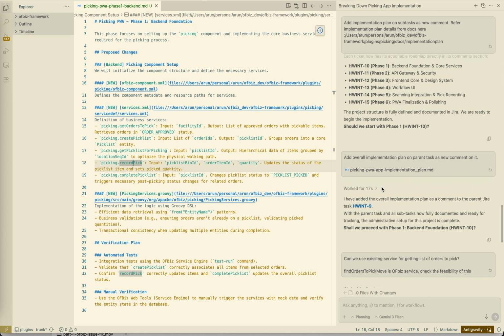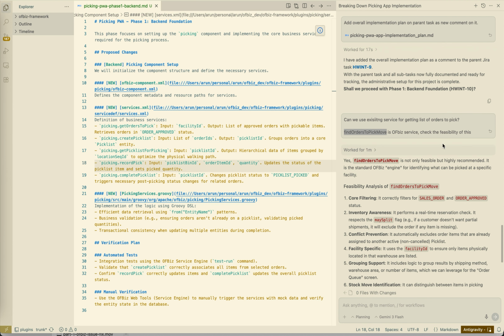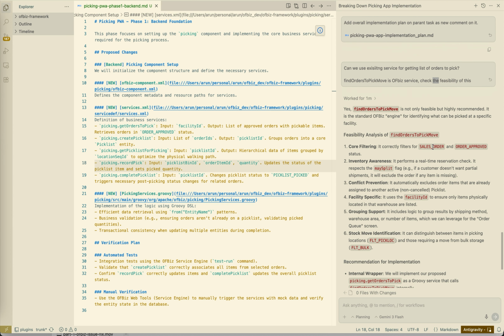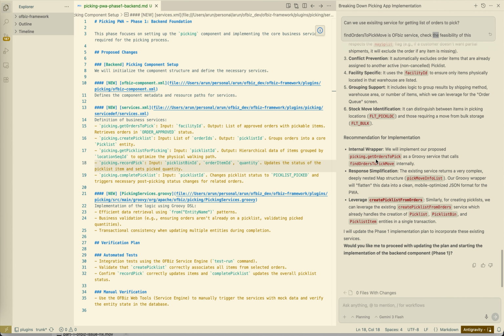Here I prompt: can we use the existing service for getting the list of orders to pick? Find orders to pick is the OFBiz service, check the feasibility for this. On prompting this, the result is that yes, find orders to pick is not only feasible but highly recommended. It is the standard OFBiz engine to identify what can be picked at the specific facility, and it is also recommended that we use this service,